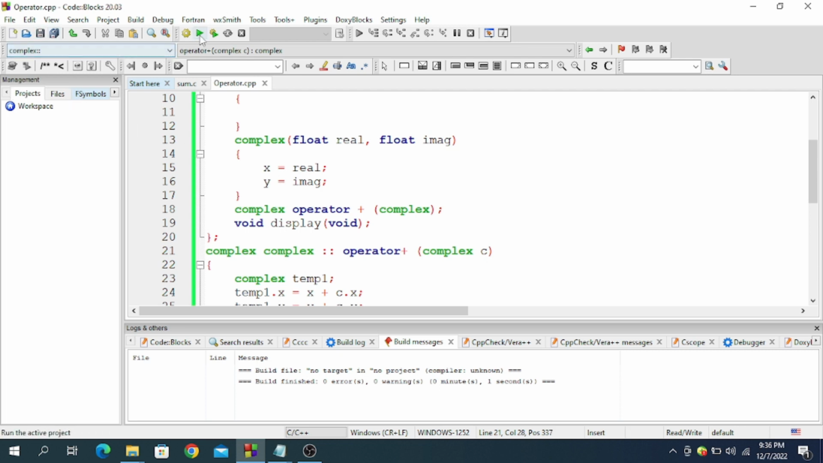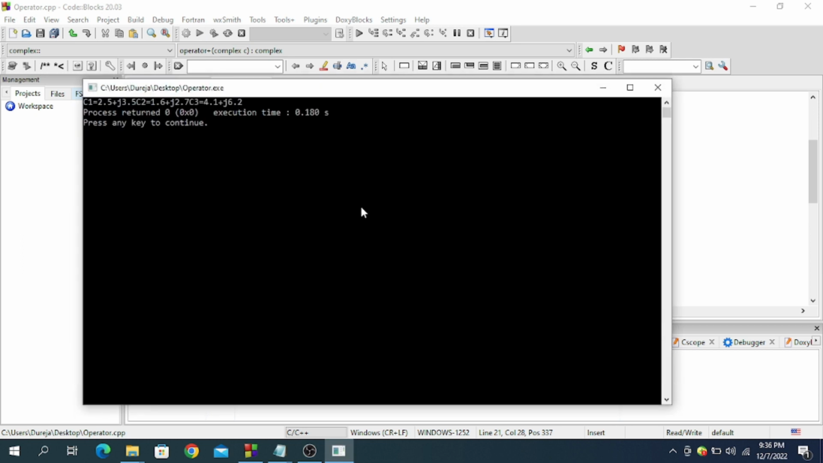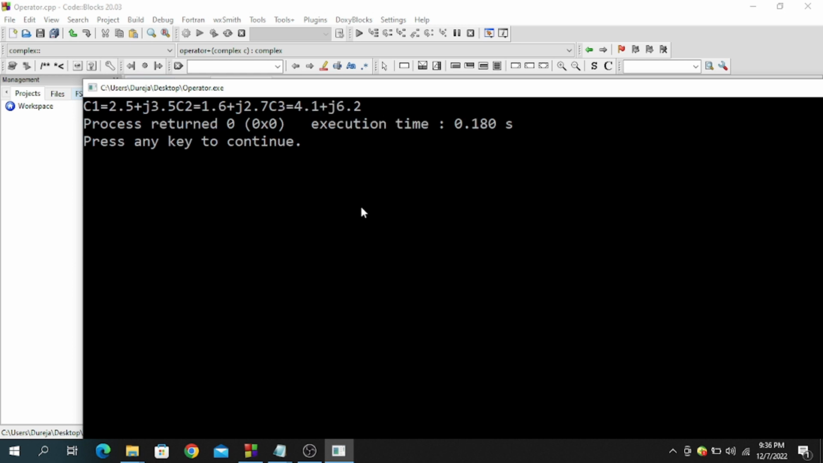Now click on save and then execute the program. When you execute this program, you will see the output screen in which it is showing C1 equal to 2.5 plus j3.5. So this is the C1 object value we have passed through the parameterized constructor. Similarly, C2 is equal to 1.6 plus j2.7. Again we have passed the values 1.6 and 2.7 with the help of the parameterized constructor with the help of this